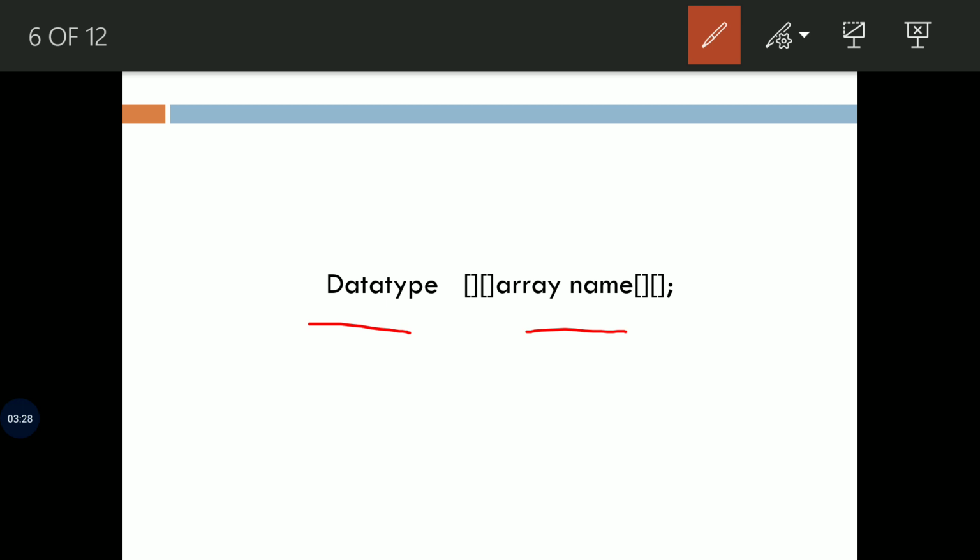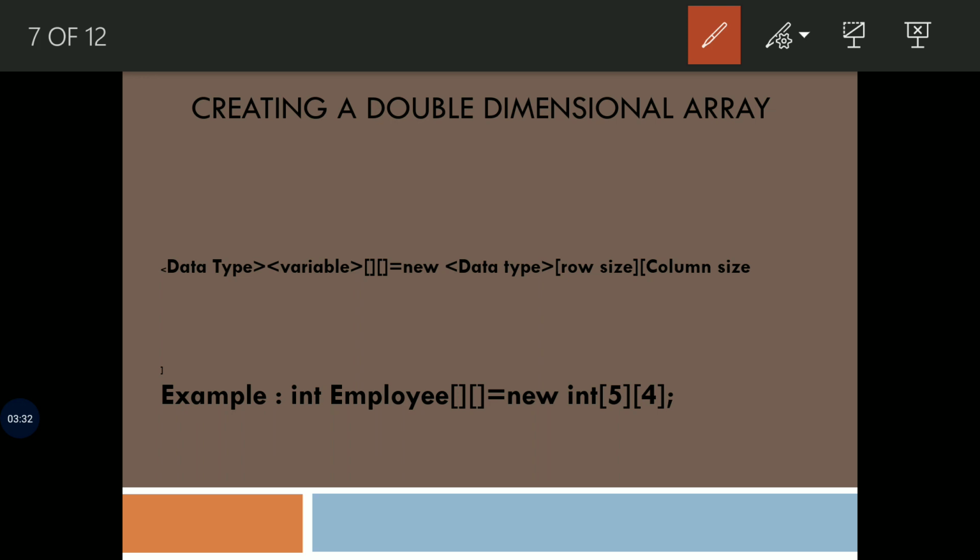Now I will explain how we can create a two-dimensional array. In order to create a two-dimensional array, we have to use the new operator as shown. Row size refers to the number of row elements in an array. For example, if row size equals 5, then the array will have 5 rows.